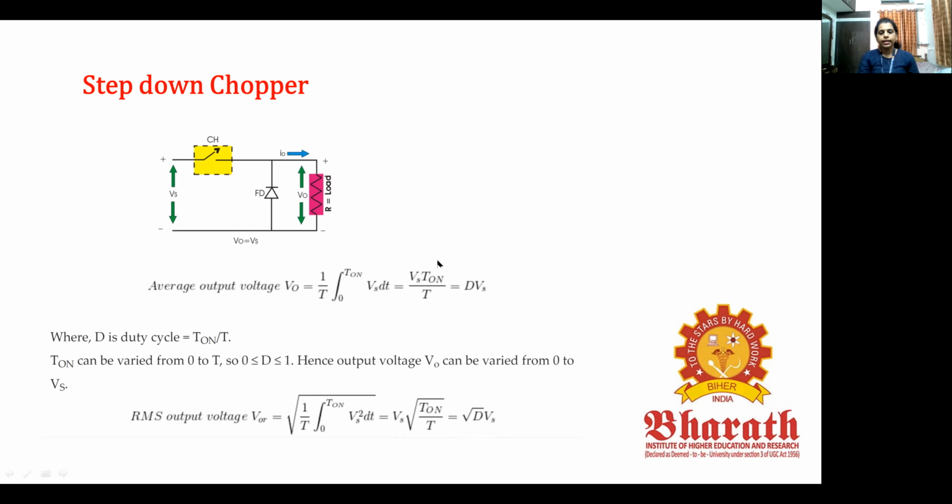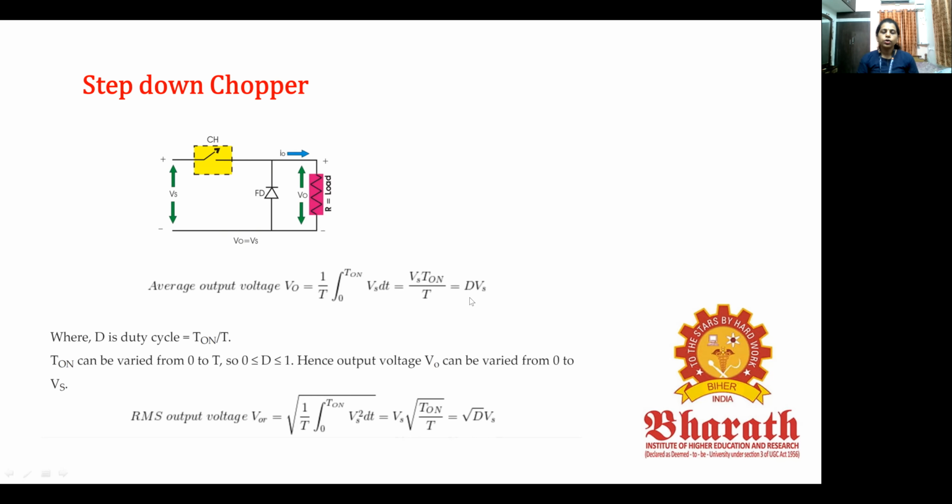So I said already this T on by T can be represented by delta or capital D, which is nothing but the duty cycle or duty ratio of the chopper, which is T on by T. And now coming to the point, what is the meaning? My V naught will be equal to delta into Vs. So if I give an input voltage of 10 volts, I can get a voltage between 0 to 10 by adjusting the value of this duty cycle ratio. More the on time, more the output.